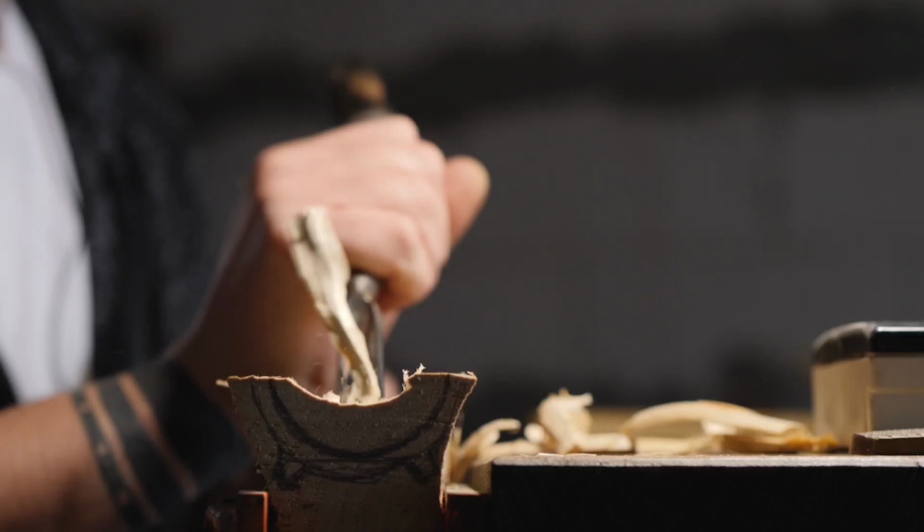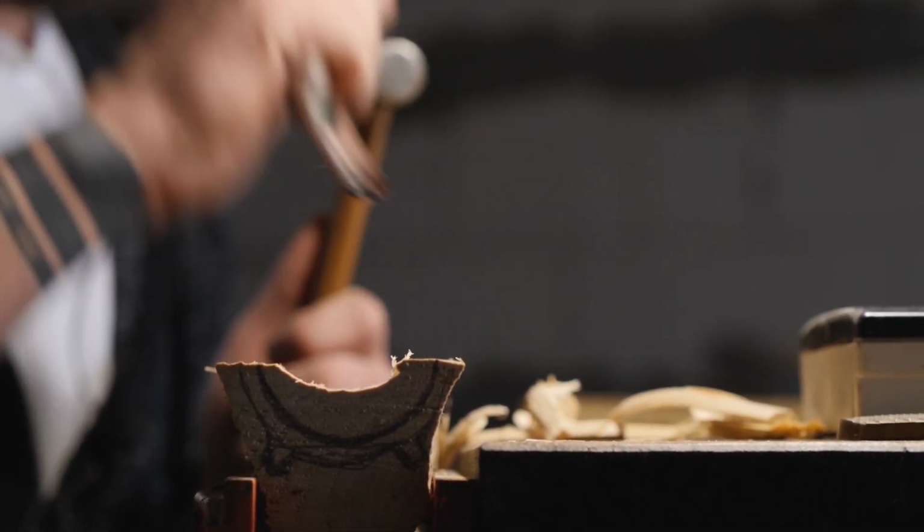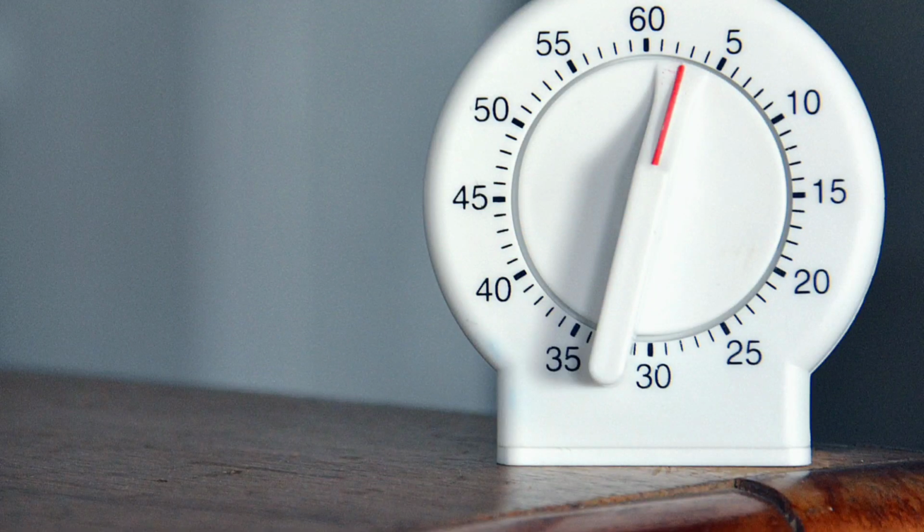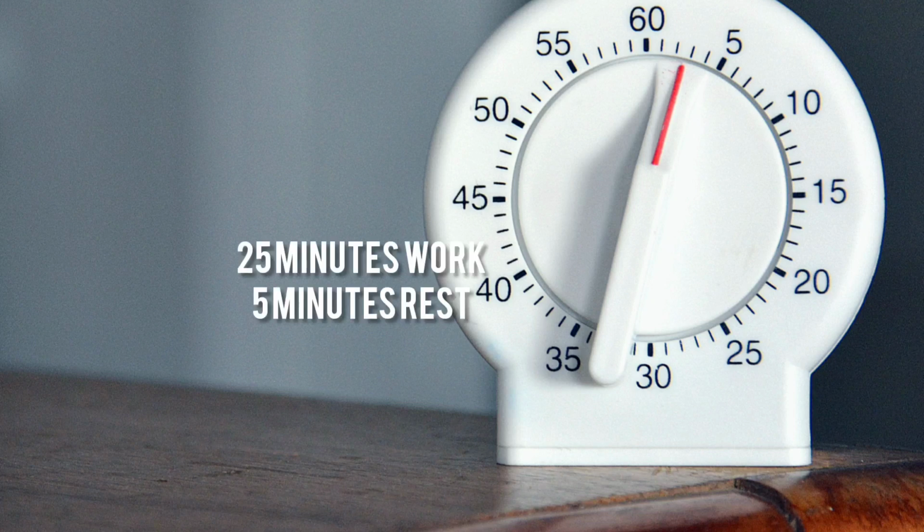Okay, the first one. So second, time block or Pomodoro technique. The Pomodoro technique is a time management method developed by Francesco Cirillo in the late 1980s. This technique uses a timer to break down work into intervals, traditionally 25 minutes in length, separated by short breaks